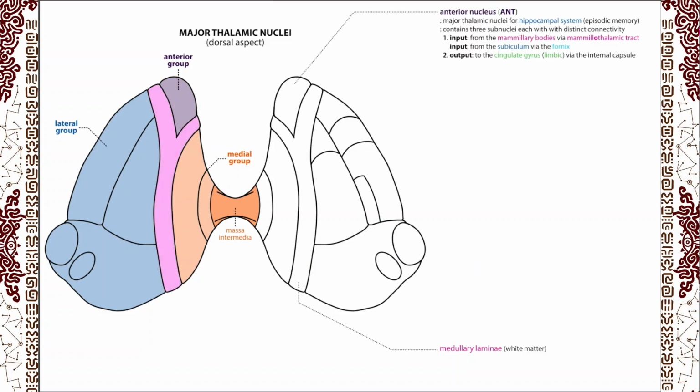We'll begin in the anterior group, where the major subthalamic nucleus is the anterior nucleus of the thalamus, or the ant. Recall that we said that the fornix targets the mammillary bodies. Well, the mammillary bodies target the anterior nucleus of the thalamus via the mammillothalamic tract. Make a note here that the anterior nucleus of the thalamus is part of Papez circuit and is critical for